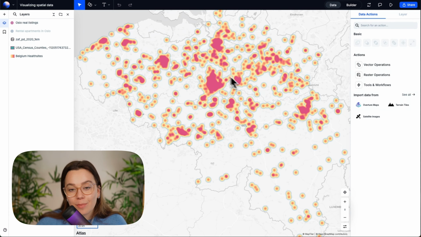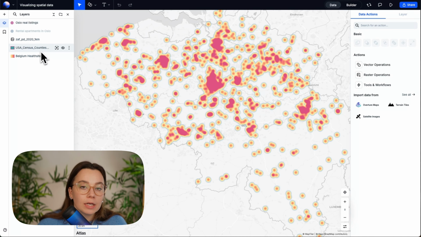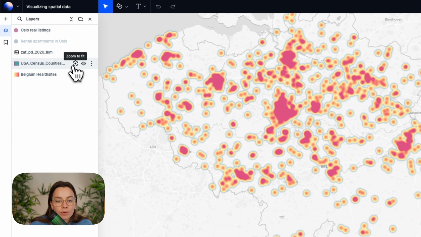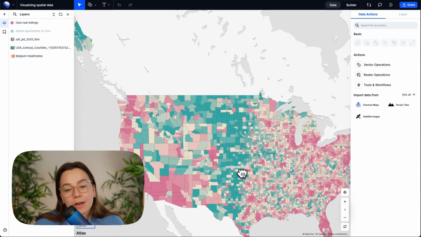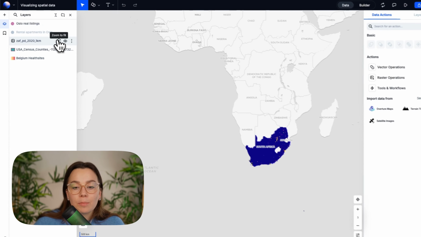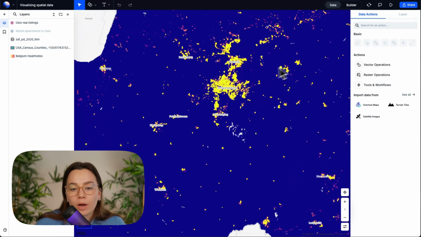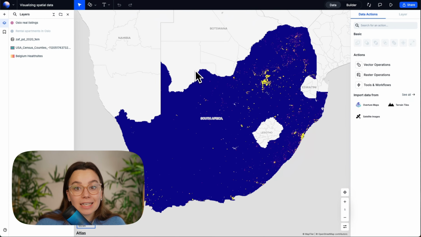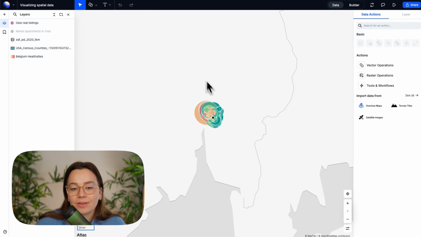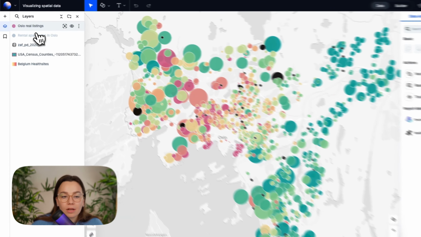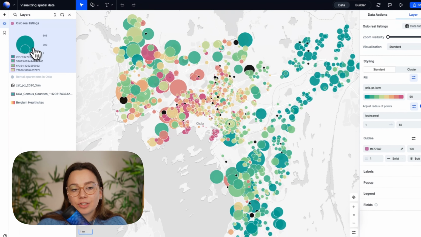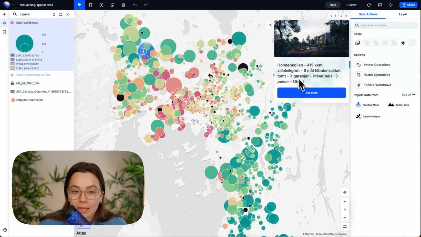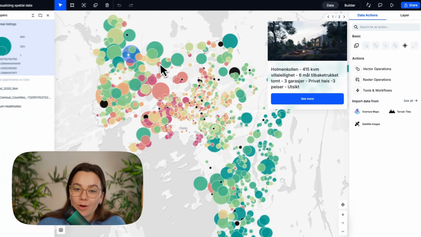So here we created a heat map to see where there are the hotspots of different healthcare units. And then we used US census data of different counties population, and we made a choropleth map like that. Then we made a population density map of South Africa, where you can see where there's higher population density. And now lastly, we created an interactive map of real estate listings in Oslo, where here on the left side you can see the legend, which shows the different price, so from lower to higher, and it shows the different size so that you get both two things. And then you can also see the pop-up of the place, and you can go all the way to